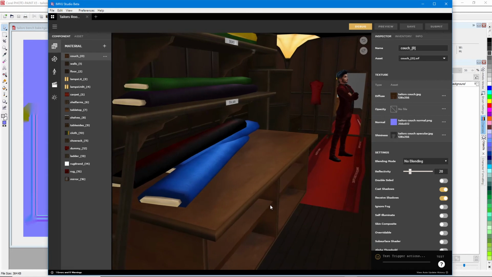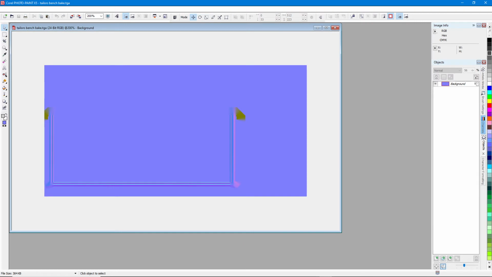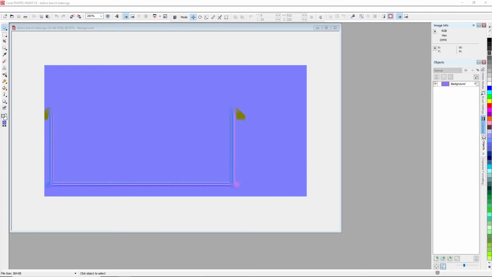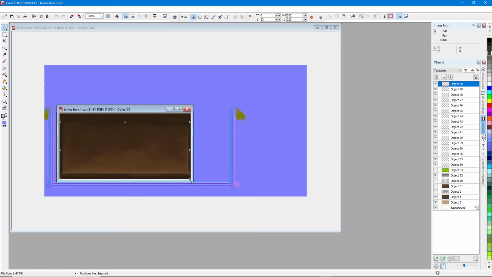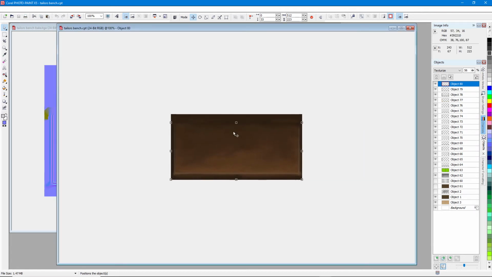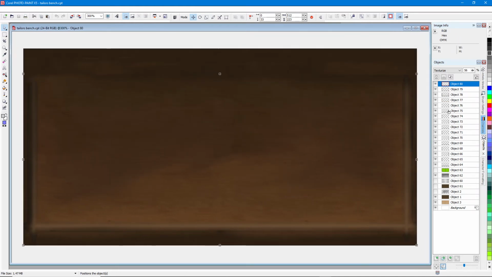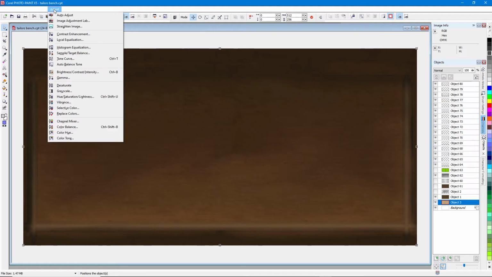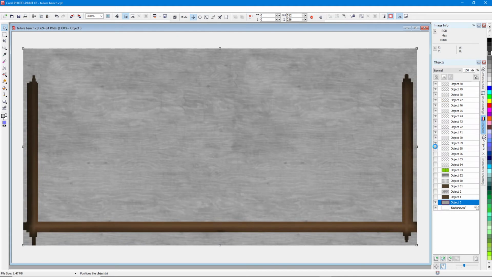But what you can do as an addition is, so that's our basic structure. What we can also then do is, where is it? So that's our original diffuse. So it's a wood top. So what we can do with this is desaturate, get rid of all of this,